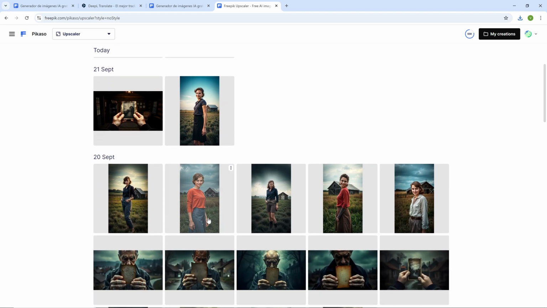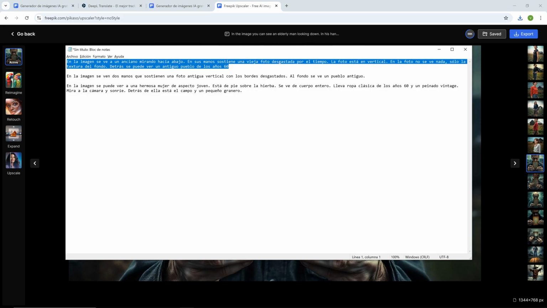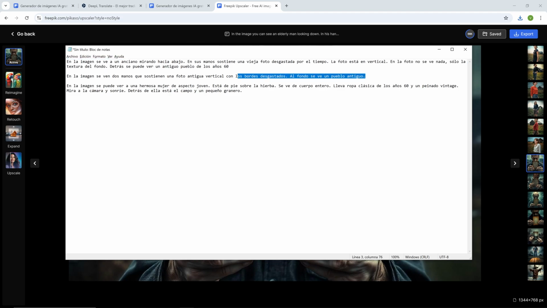Let's see where it is here. I have it in 4K. This one is the one I'm going to use. In the first scene of the tutorial, the second prompt, well, this one here, the picture shows 2 hands holding an old vertical photo with frayed edges. In the background, you can see an ancient town. Let's copy it